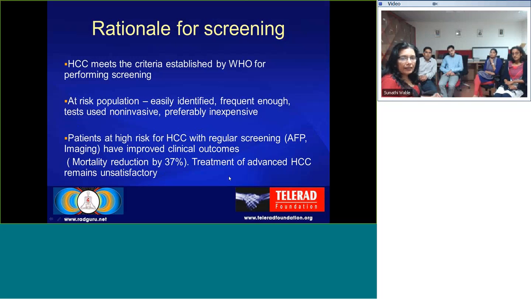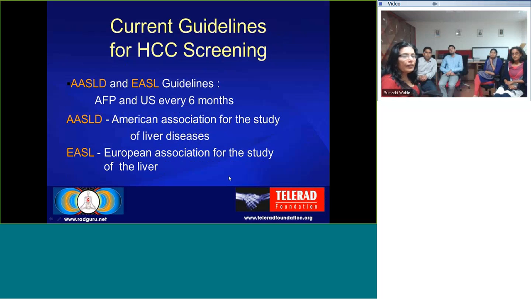And as we know, the treatment for advanced HCC is dismal, right? Like the survival rates are dismal. So you want to catch them early if you can. So these are the various guidelines, from the American Association for the Study of Liver Diseases and EASL, the European counterpart. They have guidelines for screening for patients at risk, and right now the guidelines still remain AFP and ultrasound, and